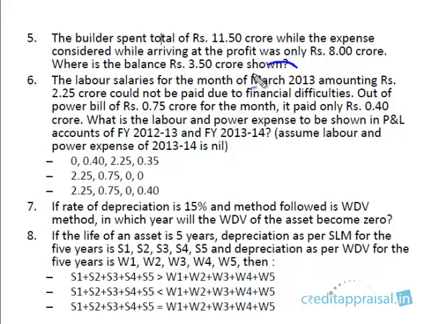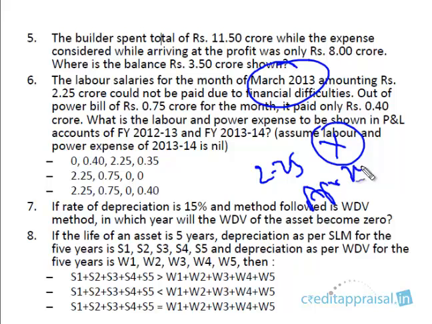So for this month, the labor expenses were 2.25 crores, but the company could not pay. So let us assume the company might have paid this in the next year, right? Because this is March. If it has paid in April 2013, that pertains to financial year 2013-14. So the question is, should this 2.25 crores